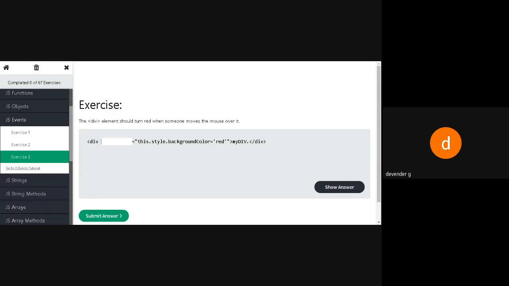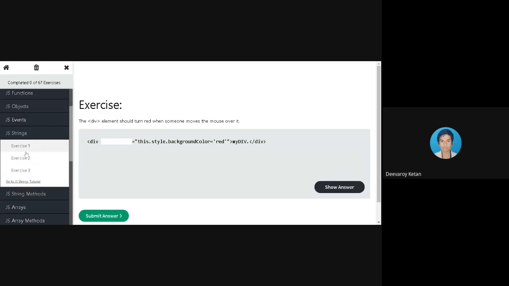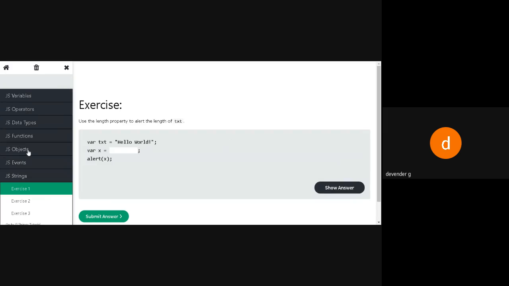Because we have seen about the div tag, no, ma? Mouse over, and all the things we have seen, no? Yes sir. So I think we are at string. Yeah, we are at string, ma.